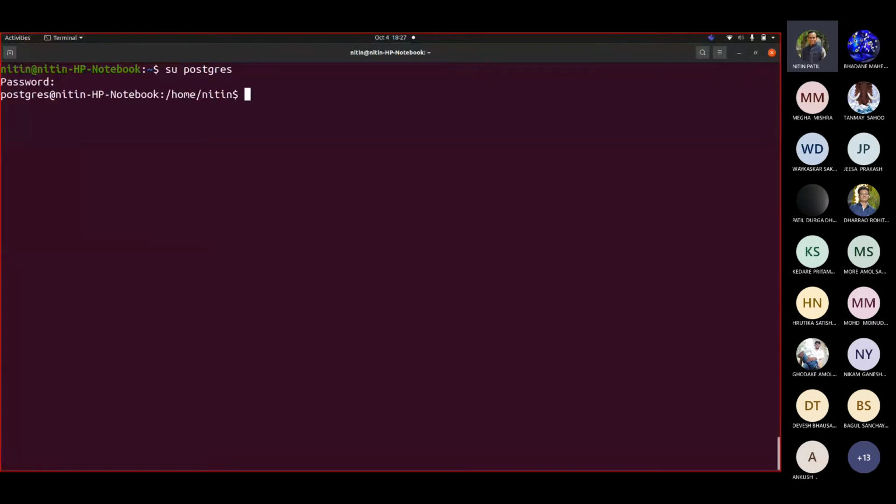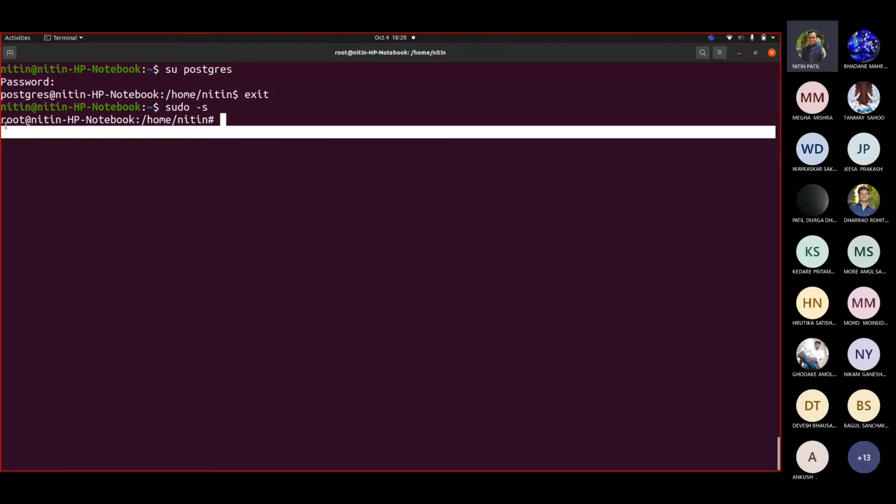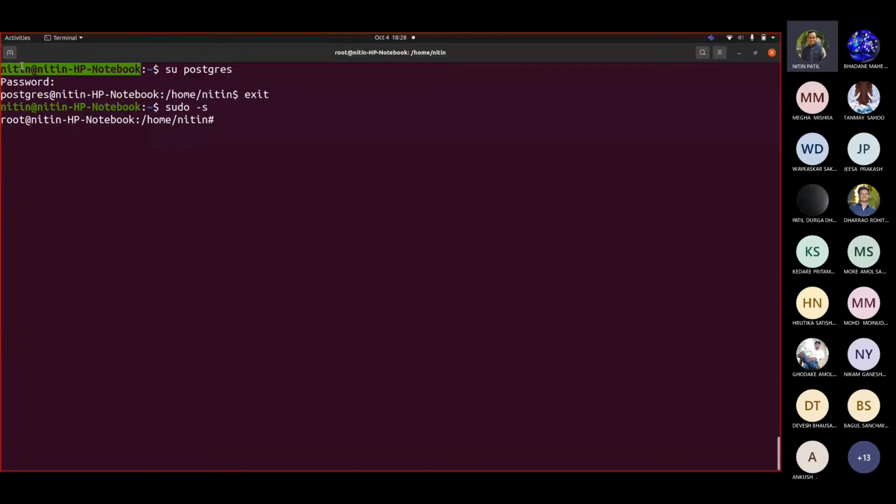Again I'm going back to the user. Okay, now we have to create a user. You must have seen there was a user, for example, when I wrote sudo on my Linux, it assumed that it is a super user of my system, the root user of my system. So this root, this Postgres, this Nitin are the Linux users.